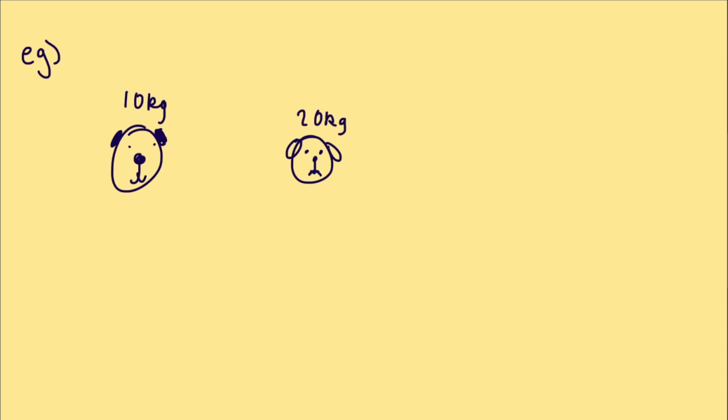Do two dogs attract each other gravitationally? Let's have dog 1, let's draw him, so doggy. And dog 1 is 10 kilos. Dog number 2, so his new friend that he met at the park, he's not very happy, he's sad. And dog 2 is 20 kilos, he's quite a bit fatter. They are sitting 0.5 meters apart from each other. How strong are they attracting each other gravitationally?